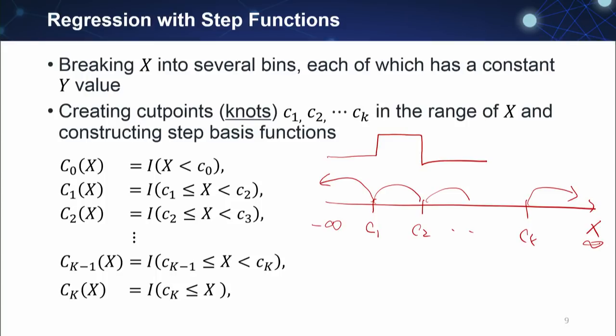For example, the observed x is between -1 and 1. We cut this range into two bins, from -1 to 0 and 0 to 1. Then we fit all data points between -1 and 0 at a certain level, like this, and fit all data points from 0 to 1 with another flat value, like this. So this is our fitted line.